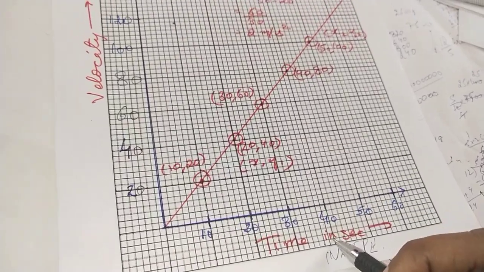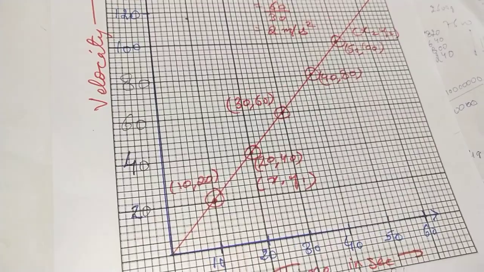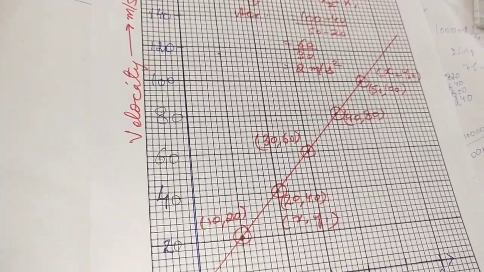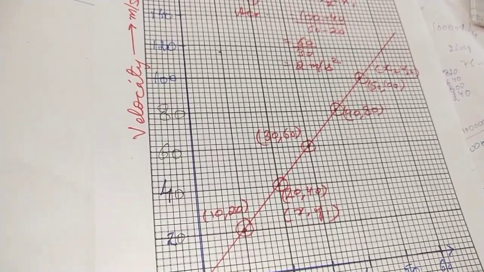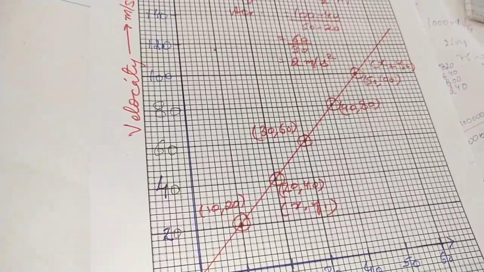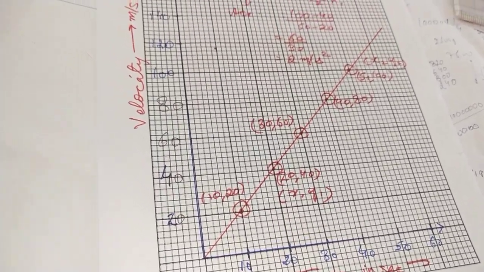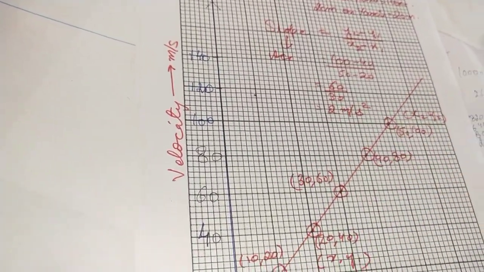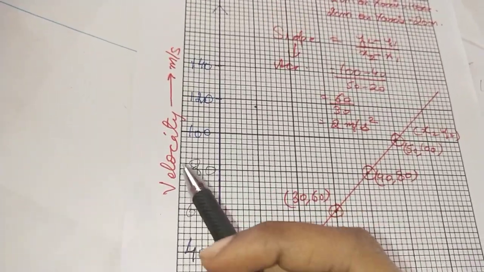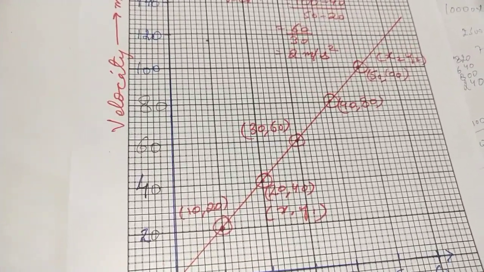that means time doesn't wait for anyone, it will go on, whether you are increasing your velocity or not, whether the velocity is constant, whether velocity is zero, it doesn't matter. If you are sitting in a vehicle and you are not able to reach your office or your school, or even if you are stuck in a traffic jam, time is not going to hold up, time is going to continue. So time is an independent quantity and velocity will depend upon time. So time is taken on the x axis and velocity is taken on the y axis. Now after this, what I have used is a 2 centimeter graph.